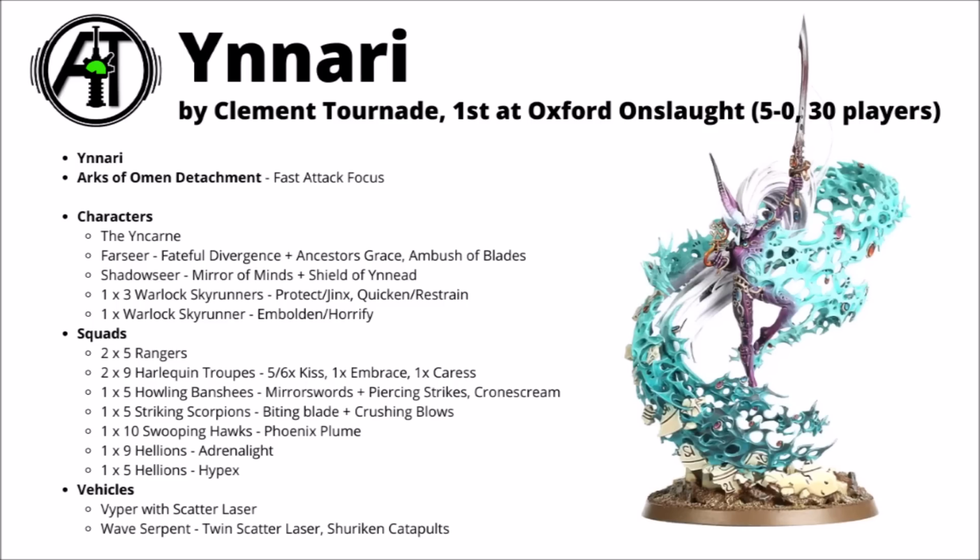Protect and Jinx, and one with Quicken and Restrain. And then there's also one that takes Embolden or Horrify. I'm going to be guessing mainly using Horrify to make enemy units fight last. I guess any of these could jump around and use Psychic Secondaries if they needed to as well, to maybe do some mental interrogation. For the units that they're leading, there's again 2 units of 5 Rangers for some objectives